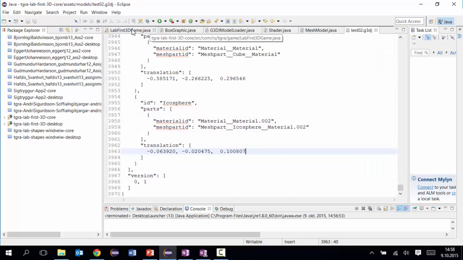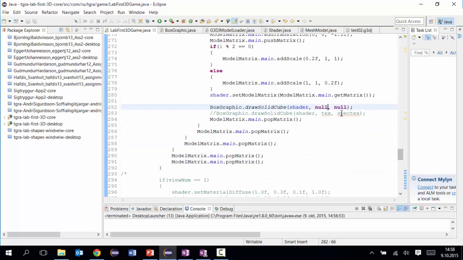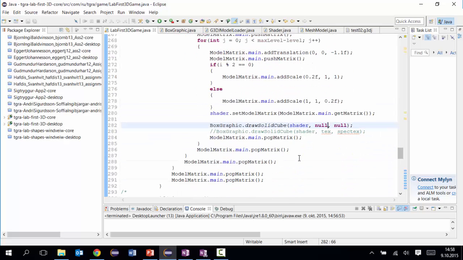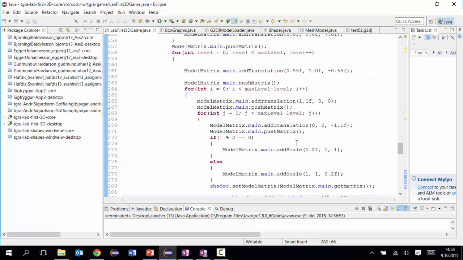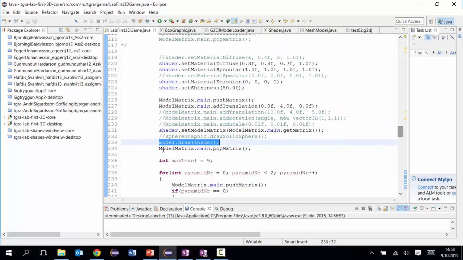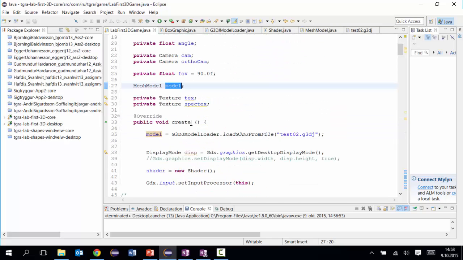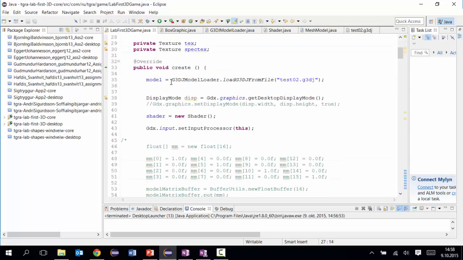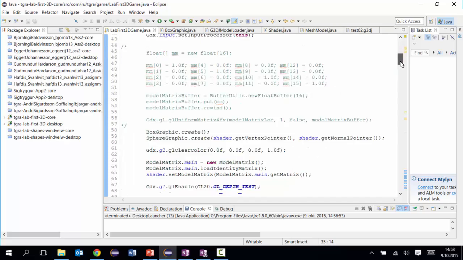So if we actually go into game here, to begin with, I'm just going to show you where we draw this. So here I'm just calling model.draw, and that model is this mesh model here. And I say model equals this load from file, and I set this file in here. We can look at the reader better later on. Then we get the model itself,